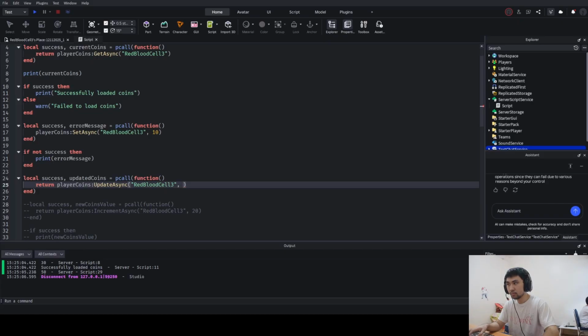What matters is that we're basically going to take our current data that's inside of this player coins data store, and we're going to pass this into a callback function and return the new